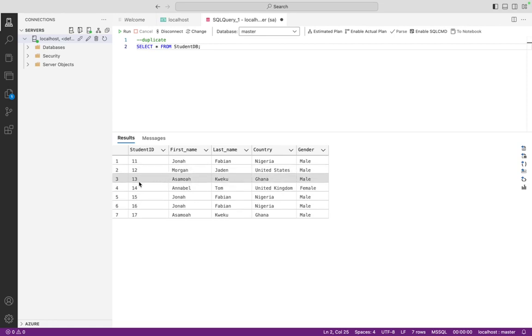And then looking at row number 3, student ID 13, Azama Kweku. And row number 7, student ID 17, Azama Kweku. So this particular student's information was duplicated 2 times in this database. If this is a larger table with millions or thousands of rows, we're not able to check this manually. So we can do that using a simple SQL